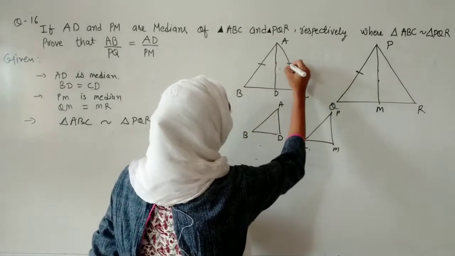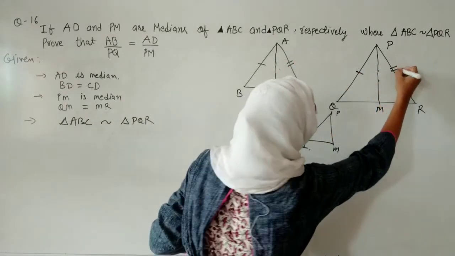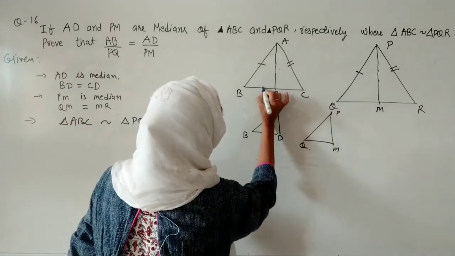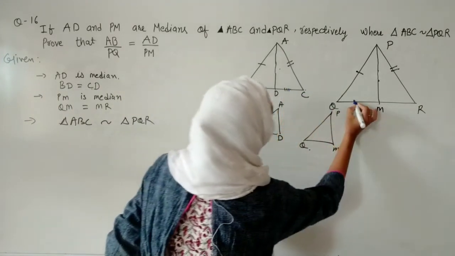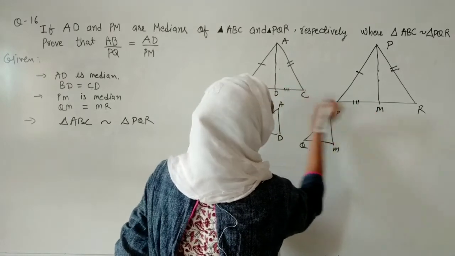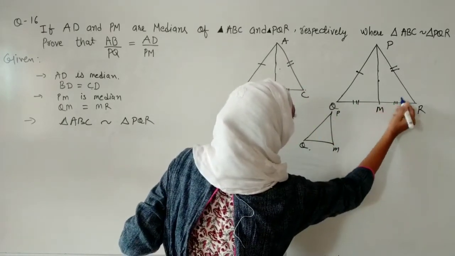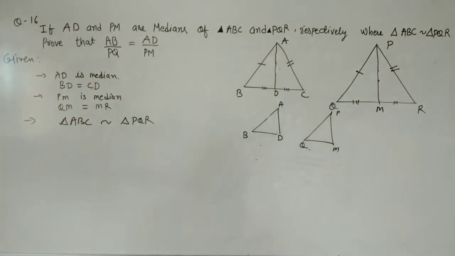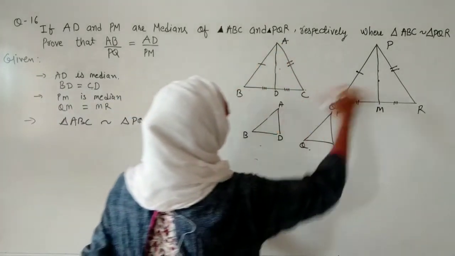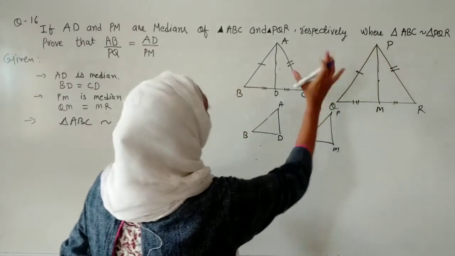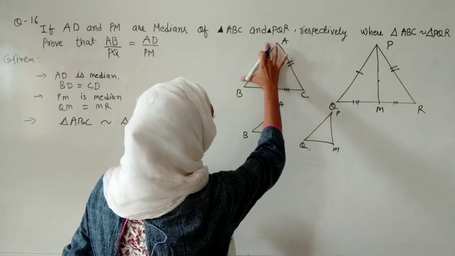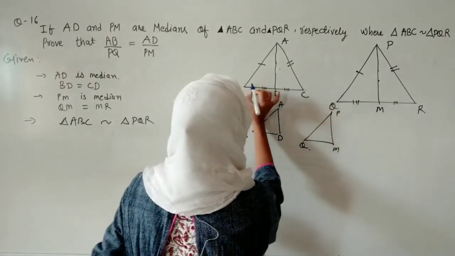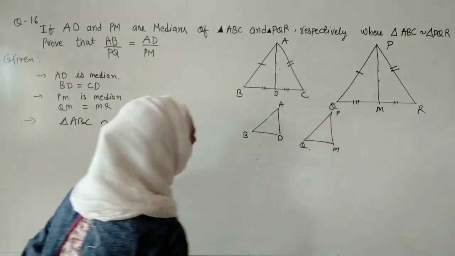They gave us this side, and that will be equal to this side, and this whole side BC and this side QM, and adding that MR it will make QR. So how will we prove it? First we will take this whole large triangle, and in that we will use AB by PQ and BC by QR, as well as angle B and Q being the same.